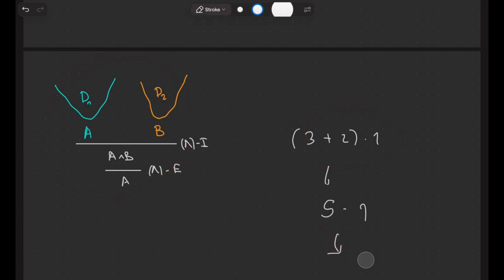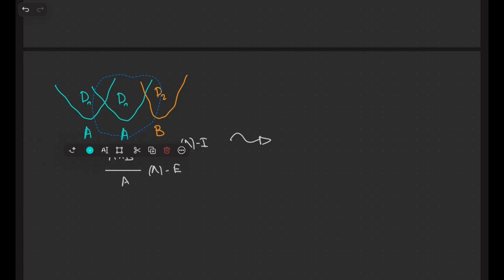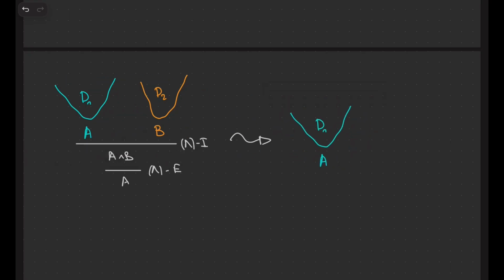And can somebody imagine what the result of one computation step would be to this proof? You take this proof and you transform it into what? It should still be a proof of A. Yes? Exactly. So it will be like this thing, right? It will simplify to this. You had a bunch of proofs there, you put them together, and you only extract the left part. You could just be done with the left part.